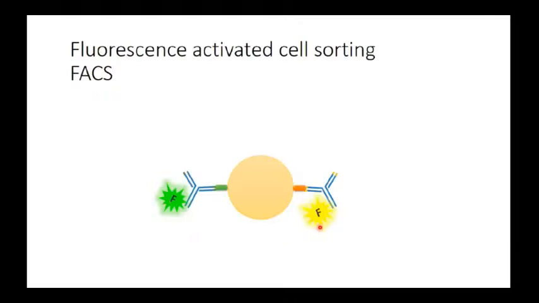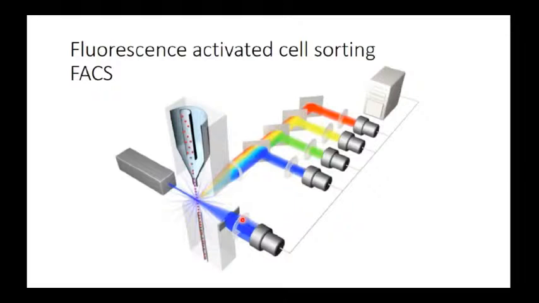How can we detect two different wavelengths? As I showed you before, the FACS machine contains different fluorescence detectors, and here we have the light filters, which deliver a particular wavelength to a particular detector. So every detector will detect a particular wavelength, and then we can use two different fluorophores if they emit light at different wavelengths. Okay.